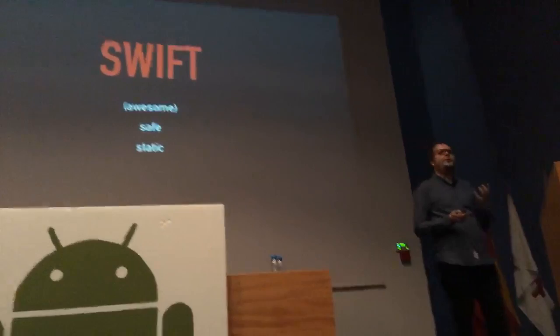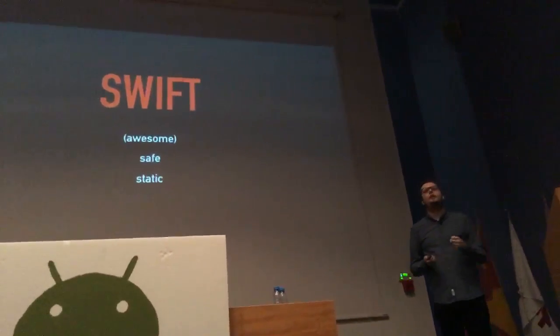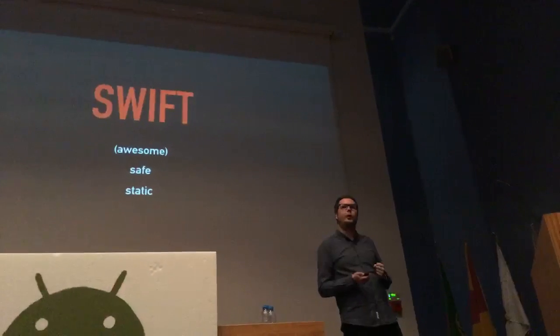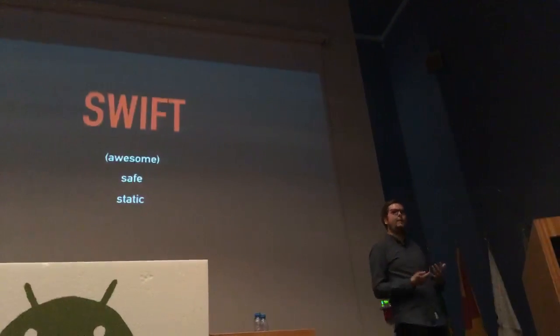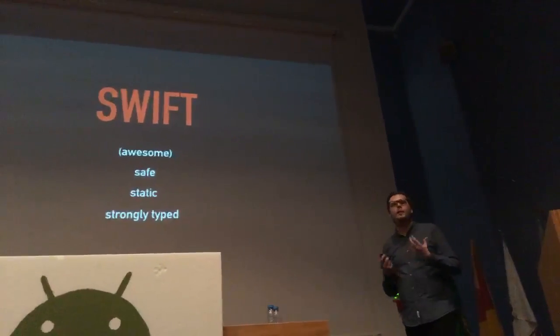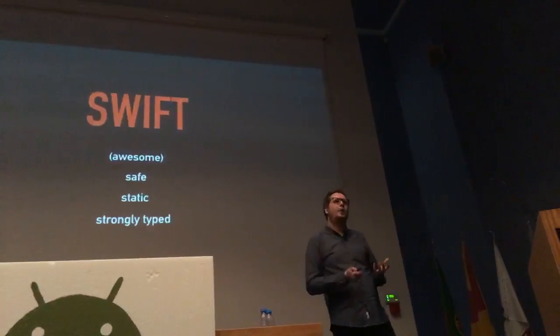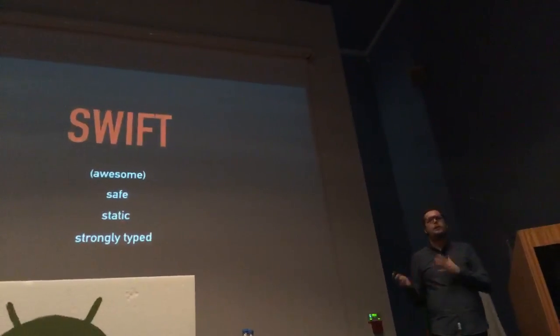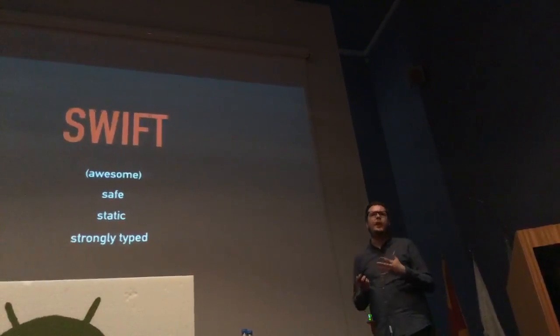Because of this, it's also more static by nature. It does a lot more checks at compile time instead of leaving more things up to the runtime, which again makes for safer and more predictable code. And this is because of the strongly typed system that Swift is using, where types are predictable and statically determined. So these are some of the characteristics of Swift, but if we take a look at JSON on the other hand,